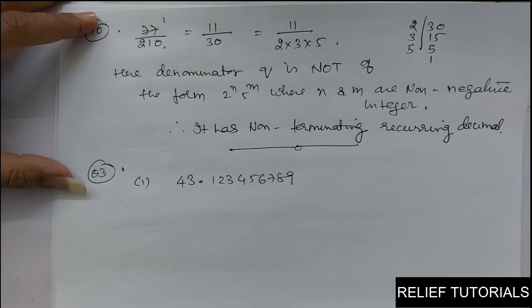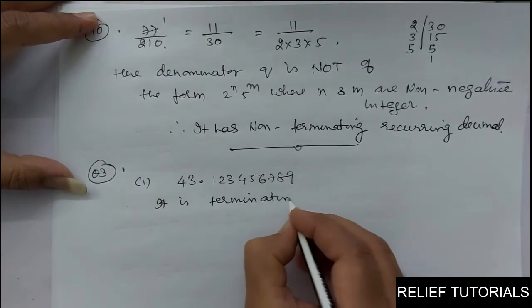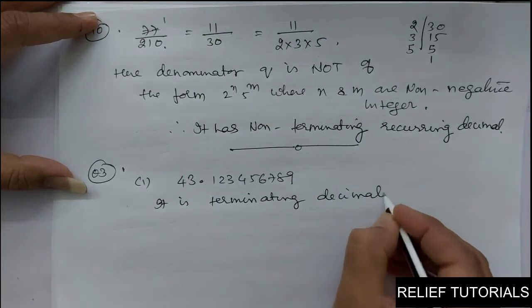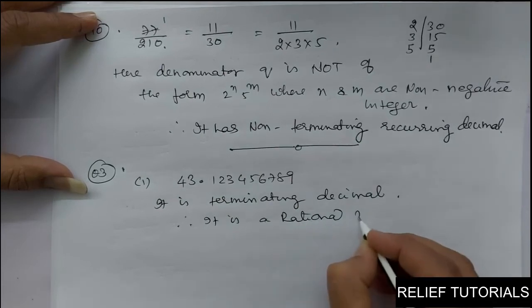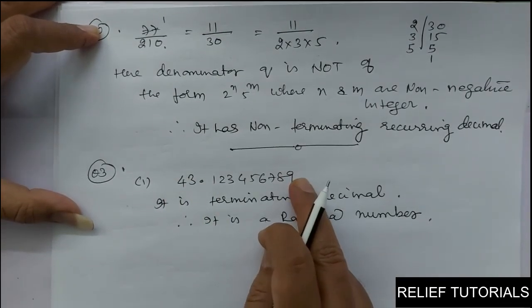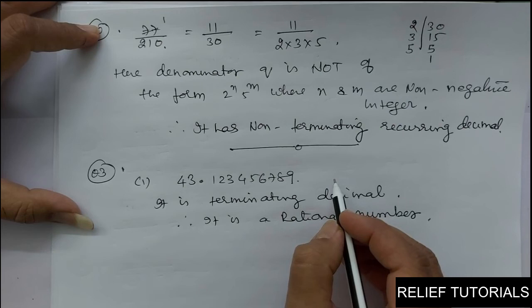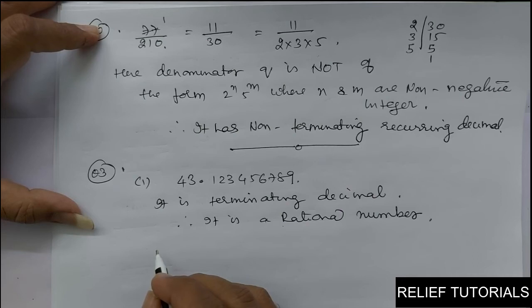If they are rational and of the form p by q, what can you say about the prime factorization of denominator q? You know it is a terminating decimal. So if it is a terminating decimal, therefore it is a rational number. Terminating decimal means the decimal ends; it is not repeated. And you know that if any rational number x equal to p by q has a terminating decimal, then its denominator has prime factorization of the form 2 raised to n and 5 raised to m.